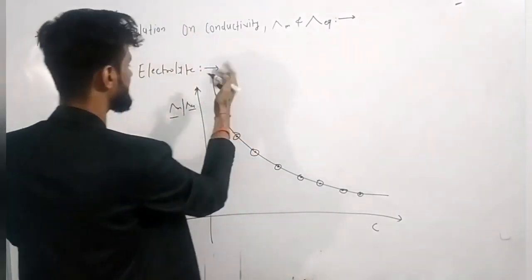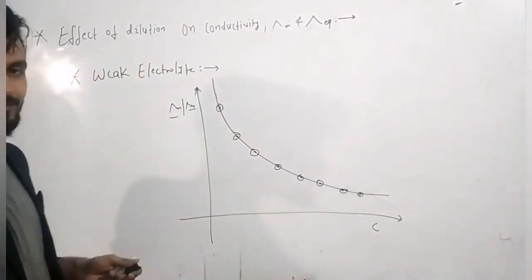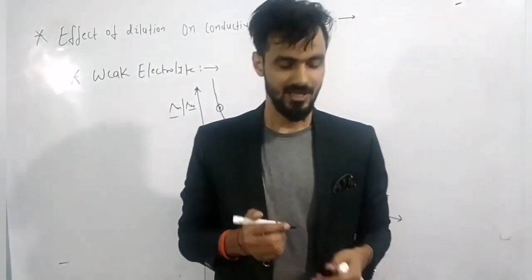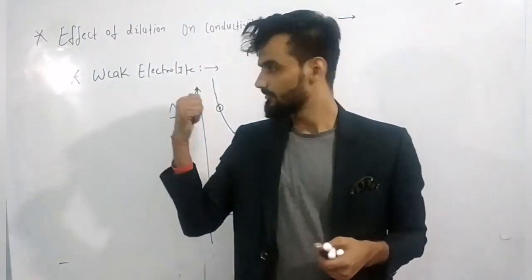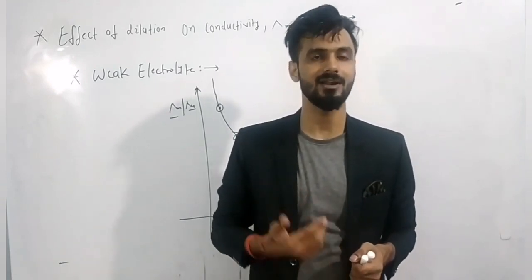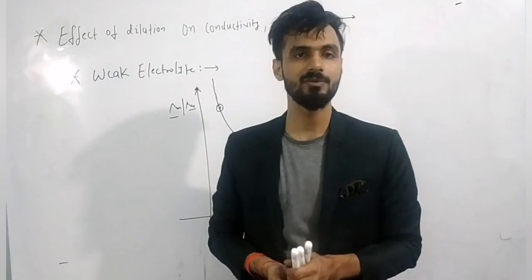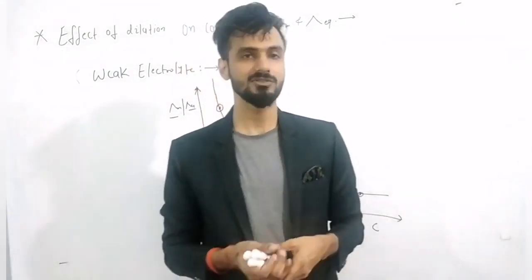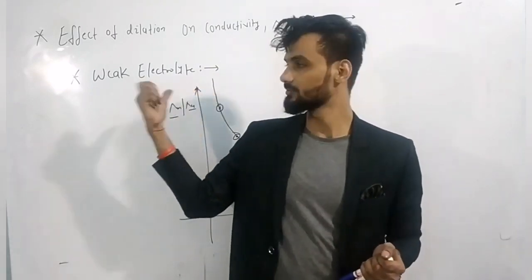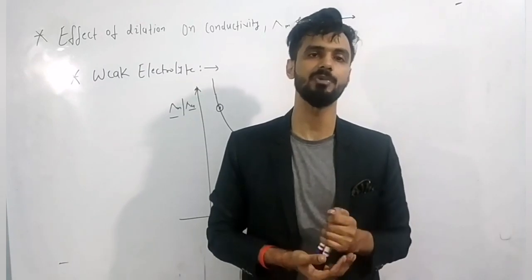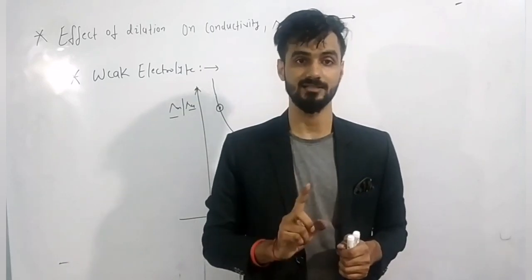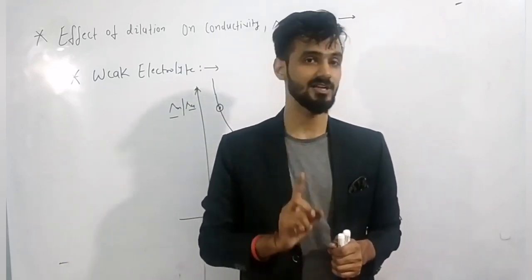So how will we calculate the limiting molar conductance at infinite dilution? That's the great problem. We can't calculate it directly, or empirically we are not getting that value. So a scientist came, the pioneer for the calculation of equivalent conductance and molar conductance at any particular concentration or at infinite dilution for weak electrolyte, and we calculate with the help of Kohlrausch's law. That scientist gave the theory for the calculation of kappa molar or kappa equivalent at any particular concentration or at infinite dilution. This theory is applicable for both strong electrolyte as well as weak electrolyte.